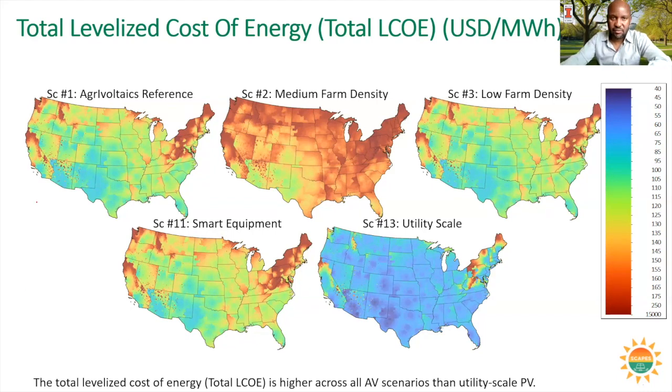For agrivoltaics, though, these scenarios are costly because we are losing land in between solar panels, planting crops, and you probably need very high crop prices to lower those costs and to increase profitability. So a lot of the maps for the AV scenarios are going to look expensive. So if I look at this,